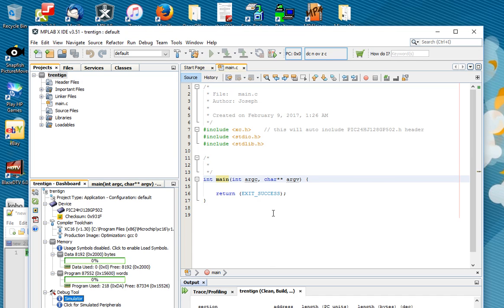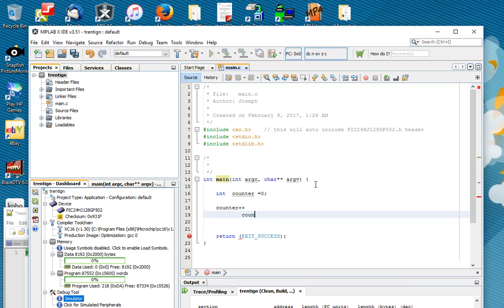Once you've done this, the next thing we want to do is maybe have an integer, a variable called counter, and we're going to start the counter off at 0, and then we can go counter plus plus, get the spelling right, plus plus, plus plus,